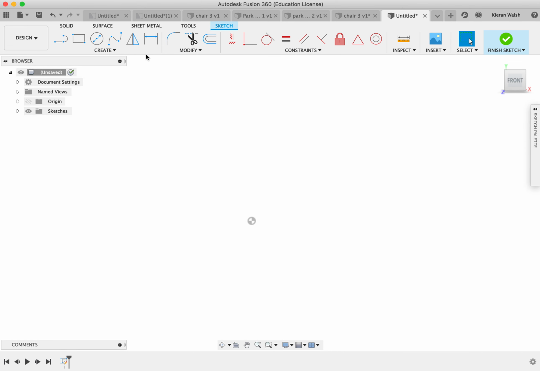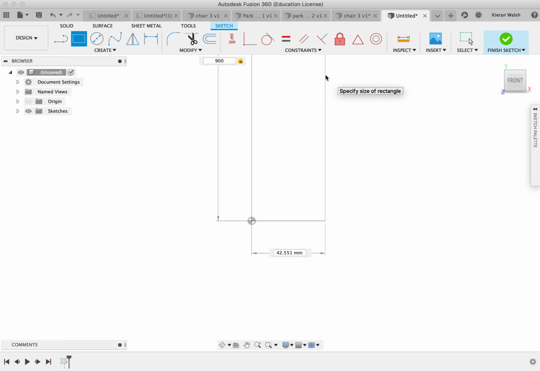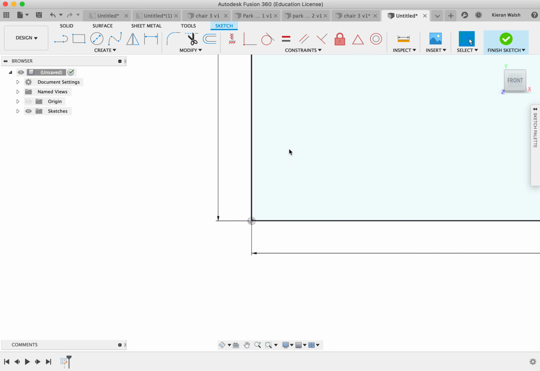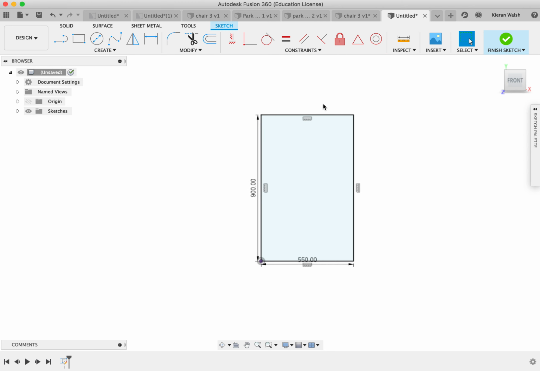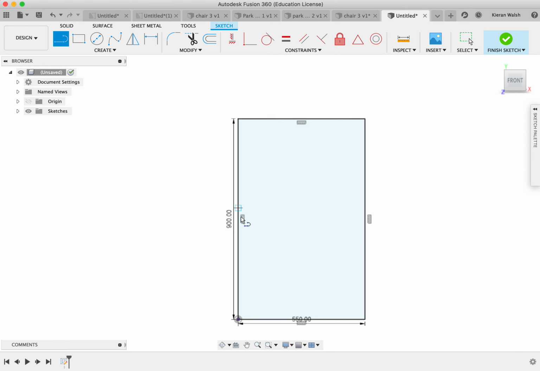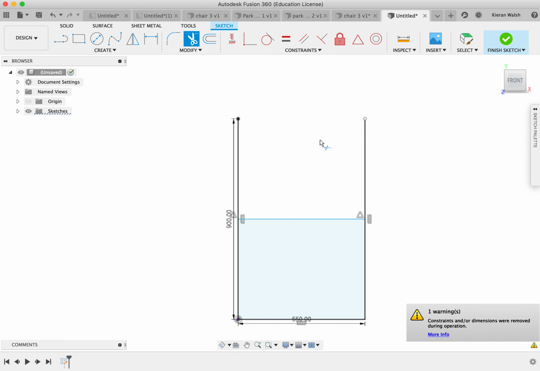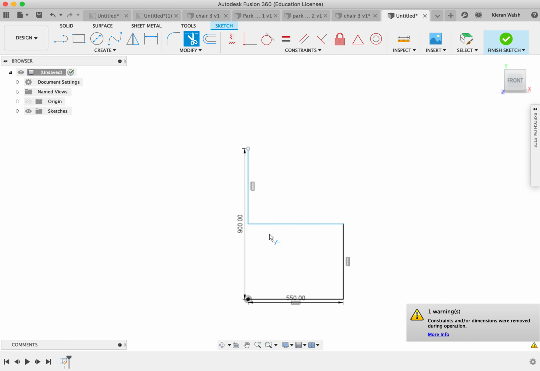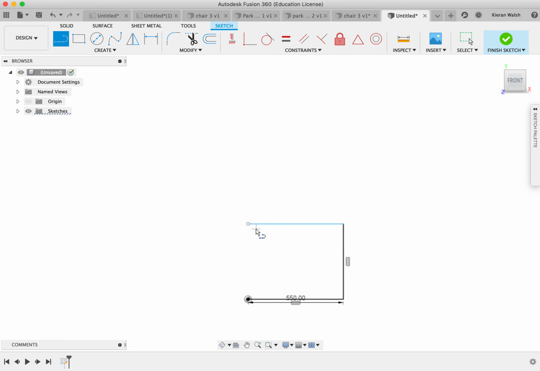And same as before, we will create a rectangle representing the maximum height of the chair and the maximum depth. I will draw a line across the center, and then very simply use the trim tool. I'm going to trim away this, this, and this. I don't actually need this line even, because what I'm going to do now is draw a